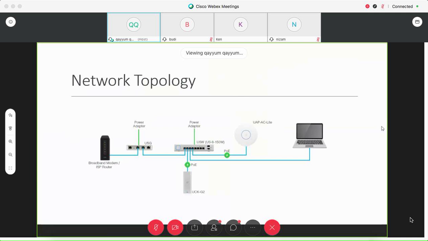So here you have the ISP router or the broadband modem, and you can use it to connect to a router which is your gateway. So if you want to build an all-in-one Ubiquiti network design, you add your security gateway, and then you add a switch which is the Unify switch. It doesn't matter whether it is PoE or non-PoE, and then you can use the Unify AP. Alright, and then since all are Unify products, you need to